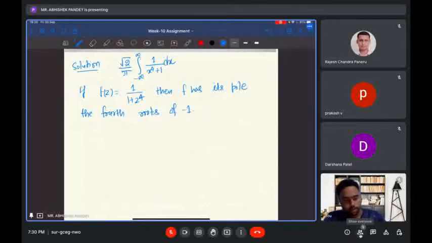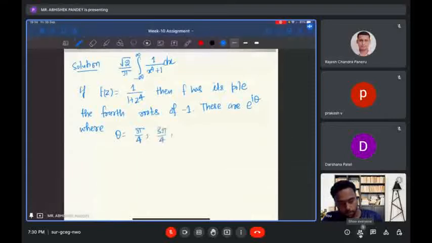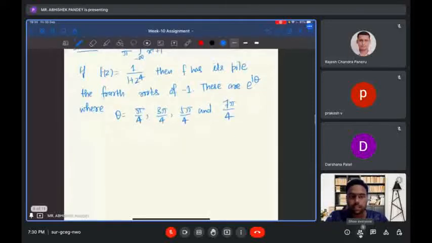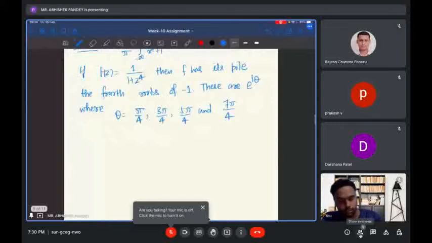And these are e to the power i theta, where theta is pi by 4, 3 pi by 4, 5 pi by 4, and 7 pi by 4. So to calculate this integral, we are going to use the residue theorem. Residue theorem we will use. So, a n is equal to exponential of